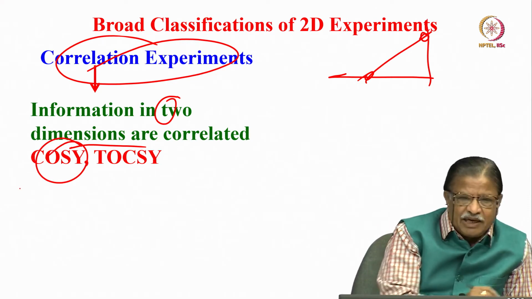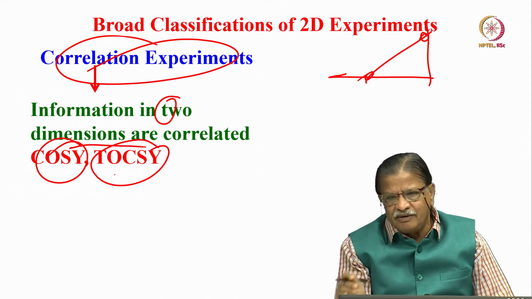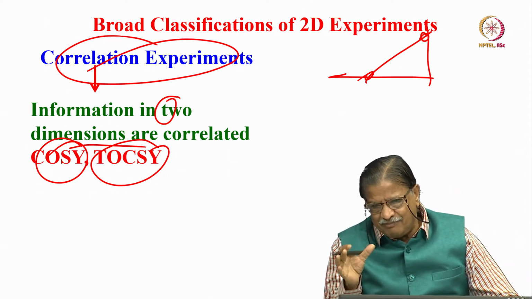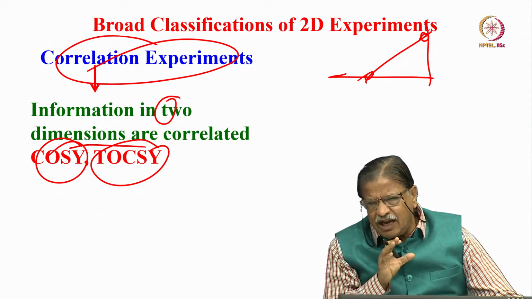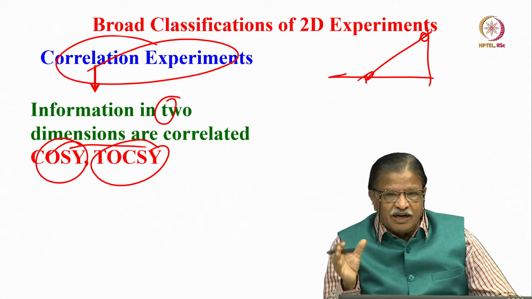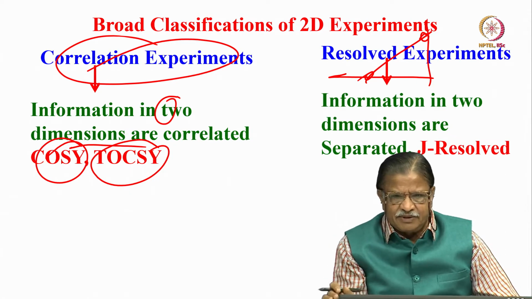Basically we can have some experiments like TOCSY, COSY; 1 or 2 examples we can touch upon in this course. Remember, I am going to touch upon this briefly. This was discussed in depth and extensively in the previous course. For the benefit of those who did not take the course, I am just touching upon 1 or 2 simple examples when I come to COSY and TOCSY.